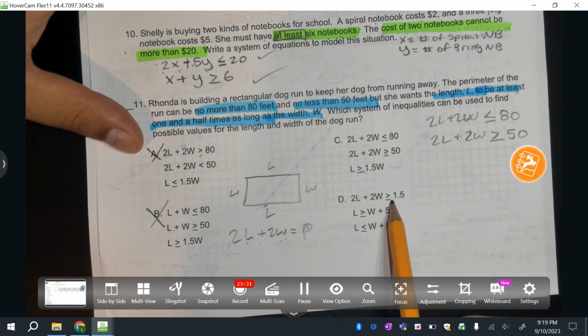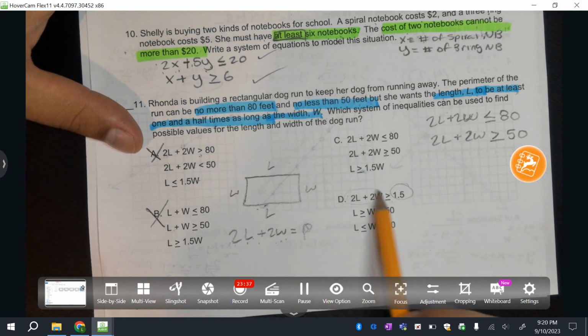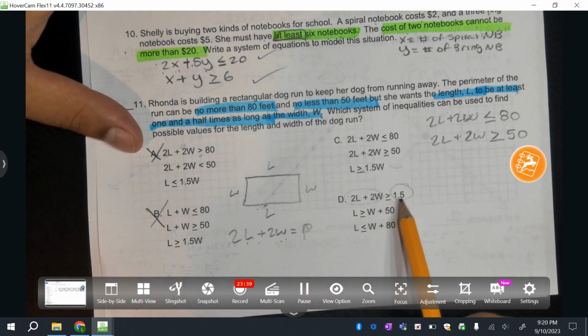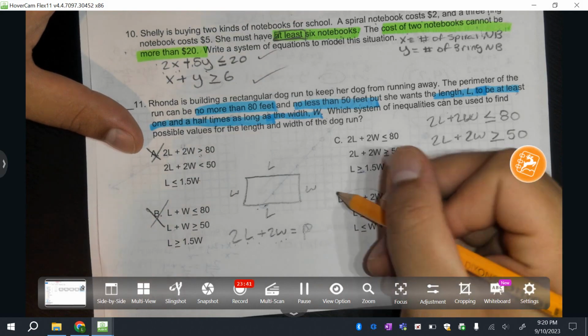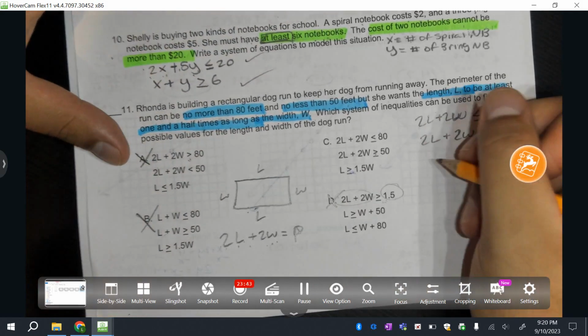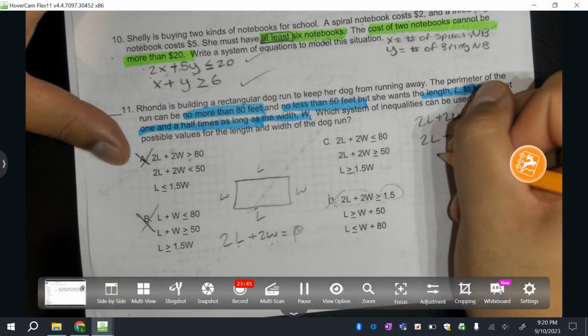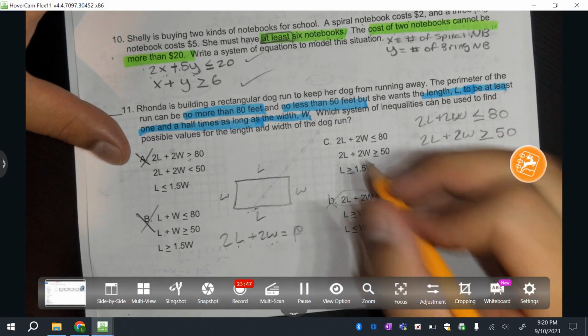And then B, the perimeter cannot be 1.5. She said she wants it no less than 50 feet. This is saying that the perimeter is going to have to be greater than or equal to 1.5 feet, which doesn't make sense. Alright, so then if we look back at the length has to be at least, so again,